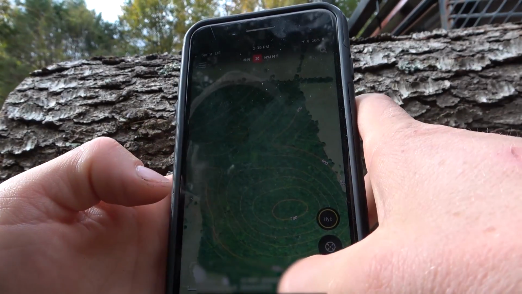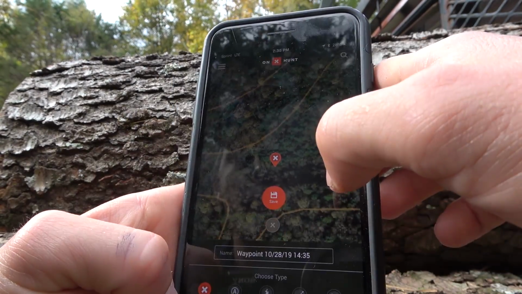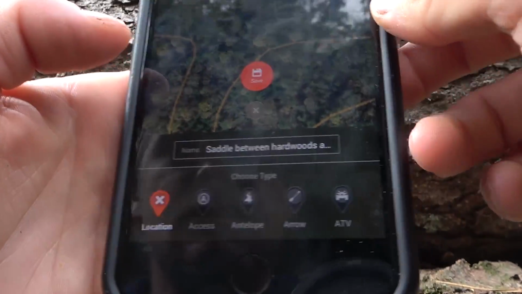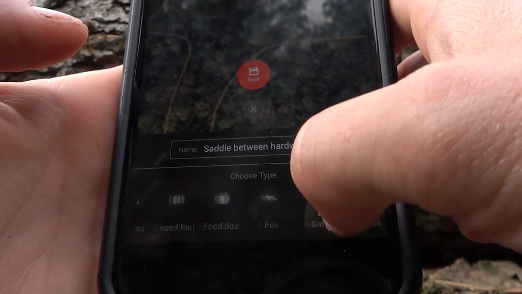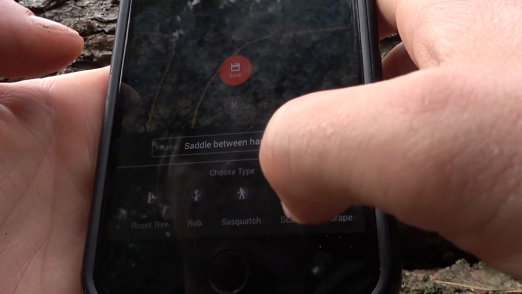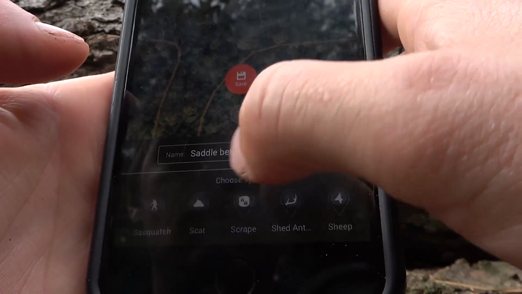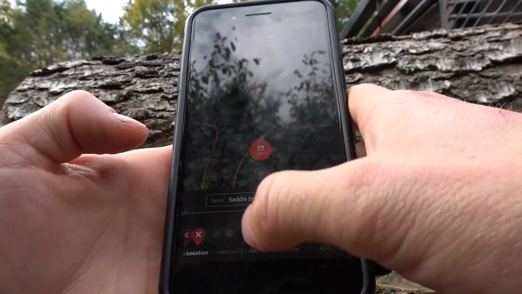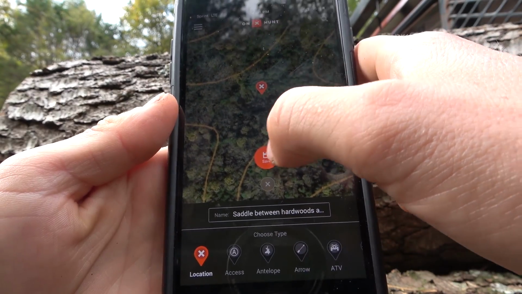So one more thing, waypoints. Let's say I want to scout this saddle. I'm going to add a waypoint right here, and what onX has here is a whole slew of different waypoint types: food source, food plot, tree stand locations, scat, Sasquatch. So yeah, for all of you out there hunting Sasquatch, I'm just gonna use the basic X location mark